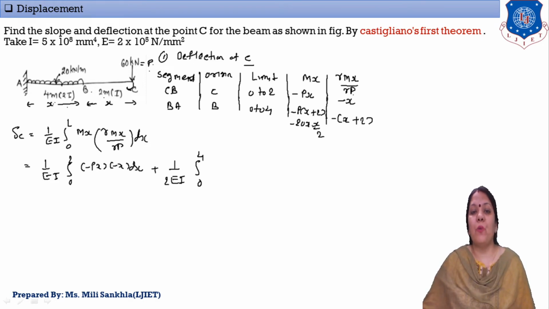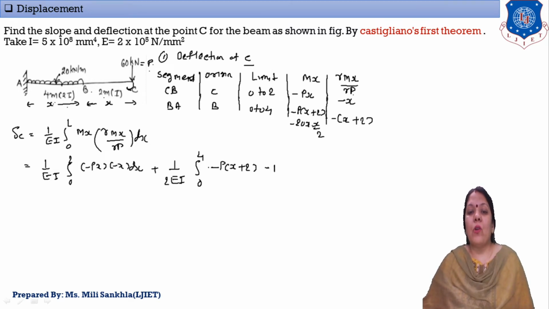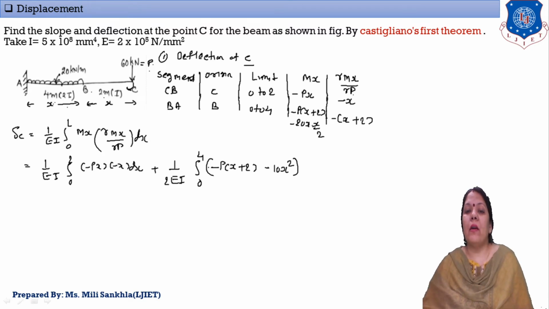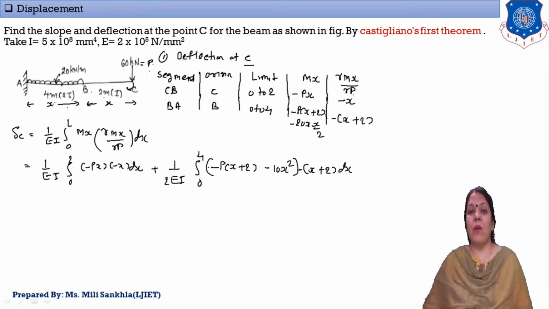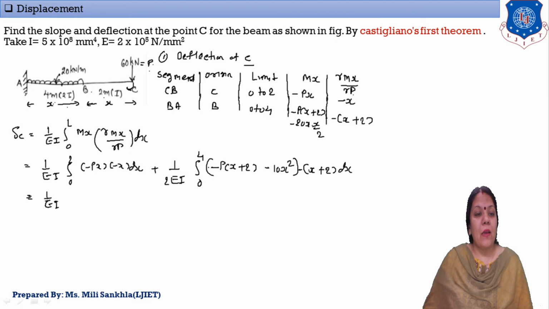Distance limit is 0 to 4, and the equation is equal to minus P x plus 2, and here 10x square. Complete this bracket, and here given minus x plus 2 into dx. Now one by one we multiply these equations. First, 1 by EI, limit 0 to 2, and multiplication of this minus minus plus, so